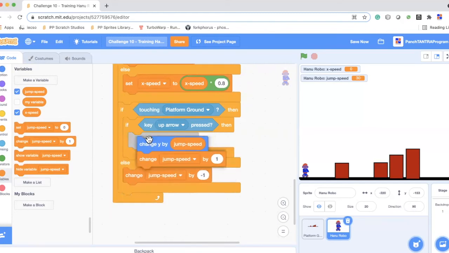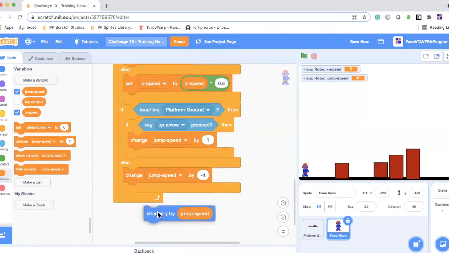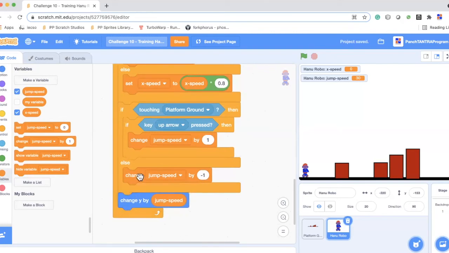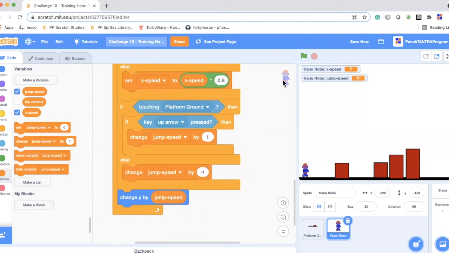So we can change the values inside, and we can change Y outside this, because it has to happen. It is just whether it is going up or down. It's going really high up and really coming down, so we want to be able to control some of this. Remember, for X, we controlled what it should do if it is touching the edge. Similarly, we are going to control the jump also.